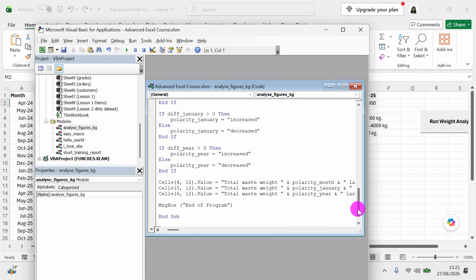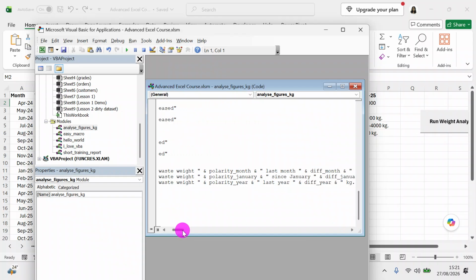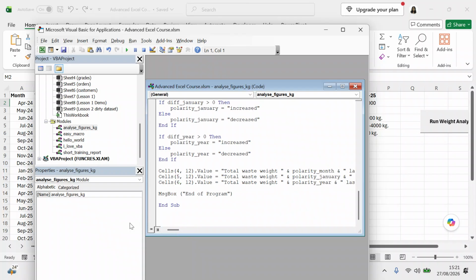End if. So now you're going to say Sales(4, 12) value is total waste weight and polarity month and last month and diff month and kg. Sales(5, 12) is the value